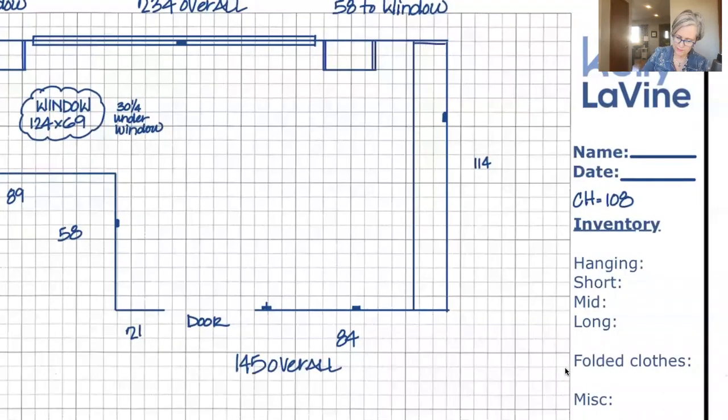But if we've got 114 inches, we can get 3 sections in here that are equally spaced, that are going to be about 36, 39 inches, something like that. Okay, so let's get these more evenly spaced. So, something like that. We're going to have 3 sections of hanging. Then this wall right here,